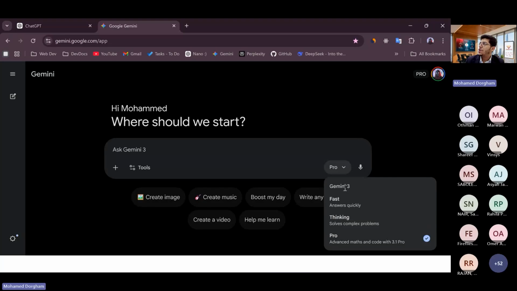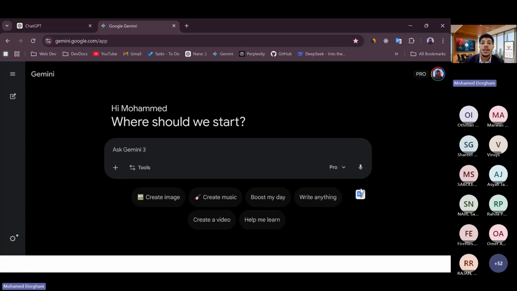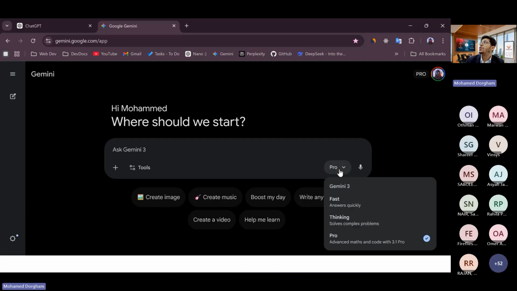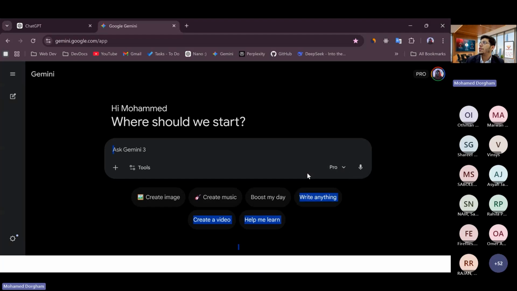And if I look here, I can clearly see that this Gemini uses Gemini 3, and Gemini 3 is the LLM itself that Google uses for this AI system. So for Gemini, we are using Gemini 3.